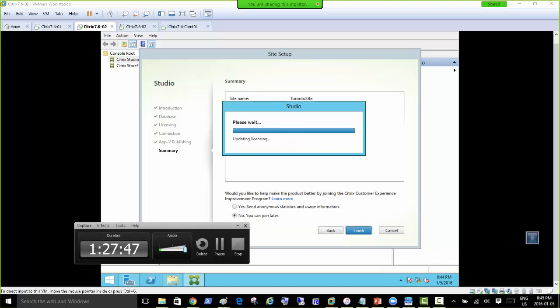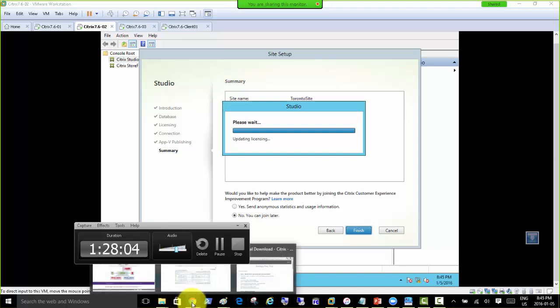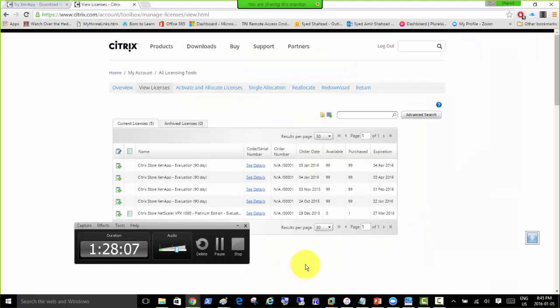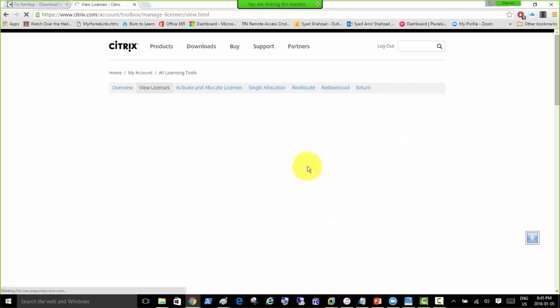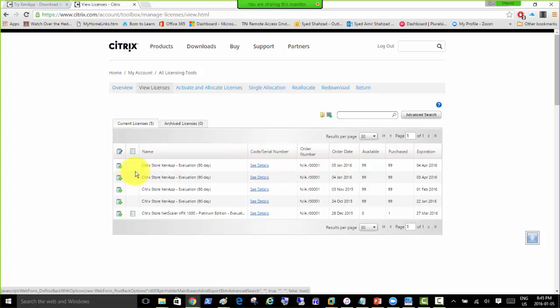Okay, so storefront, database. Okay, updating licensing. Oops. Yep, that's what I did not do till now. The licensing. Let me go there. This is the licensing. So Netscaler I had. We already had that. Some details for that's the October one. So activate and allocate licenses, right? So if I click there